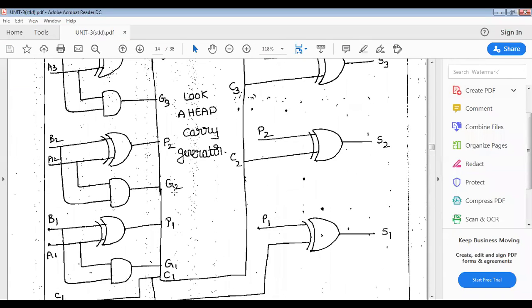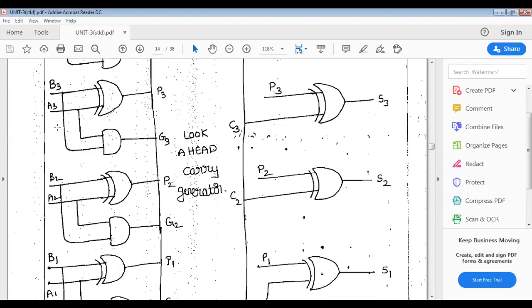And P2 G2 is already connected for the C2 with A2, B2, and the C2 is already there. And C2 with another P2 here. And P suffix 3, G suffix 3 by taking A3 and B3 as the inputs. But C3 is in terms of C1 only. And similarly,